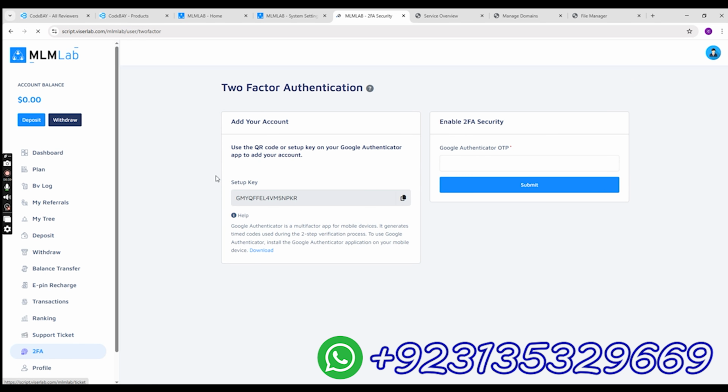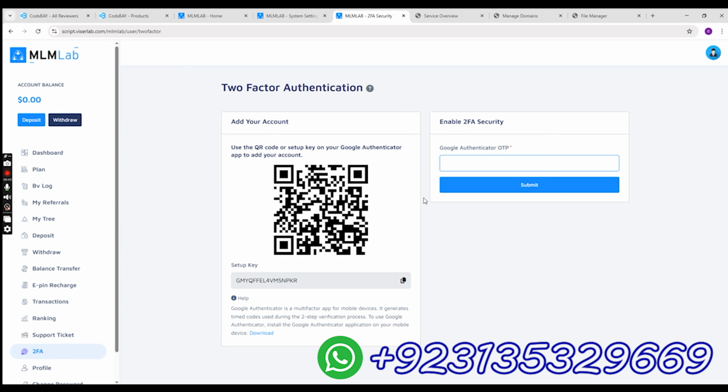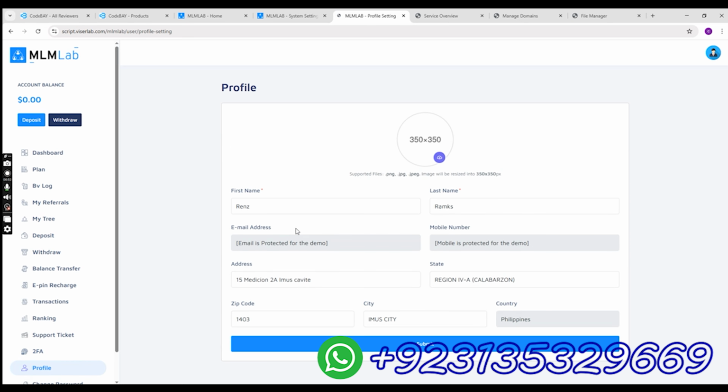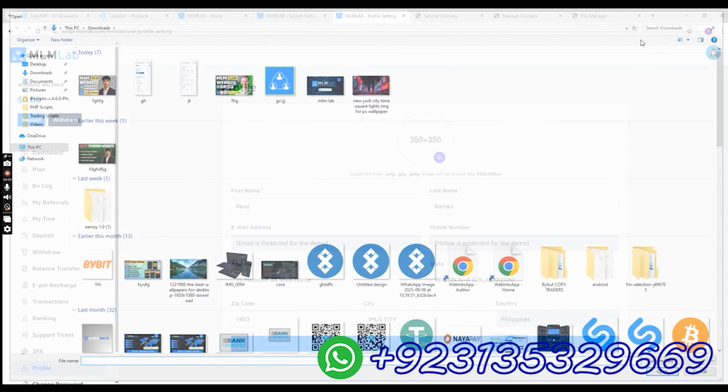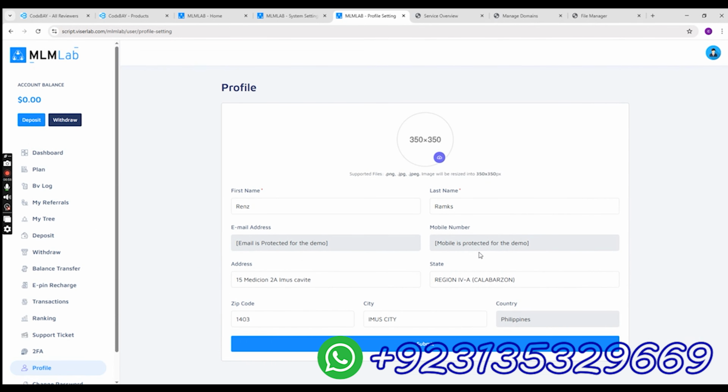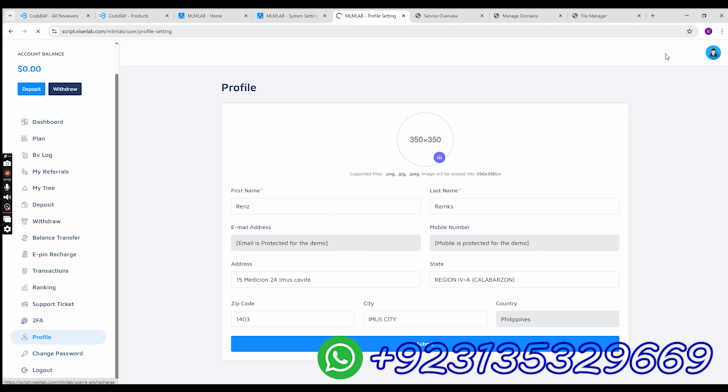Next is 2FA verification. You can use this to set up Google Authenticator like we use in Binance. And next is the profile section. Here you can see your profile, upload your profile picture, and edit your details. Next is change password.